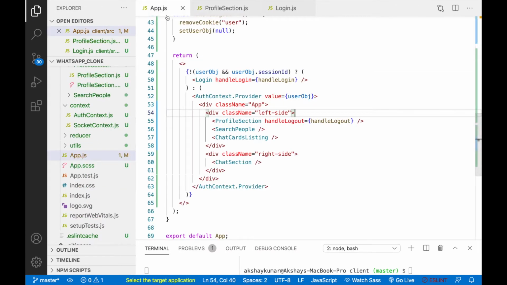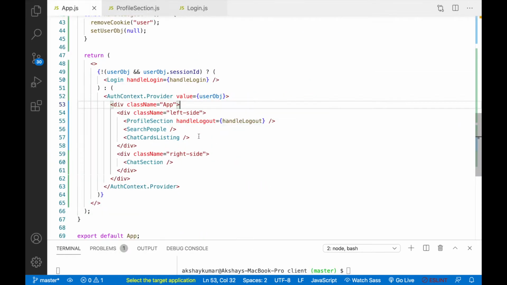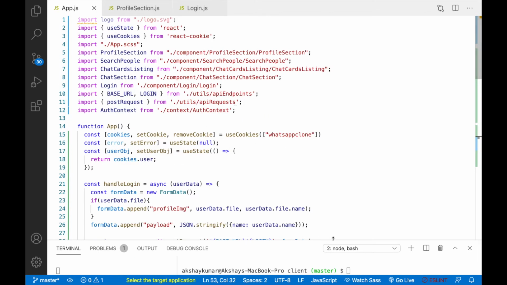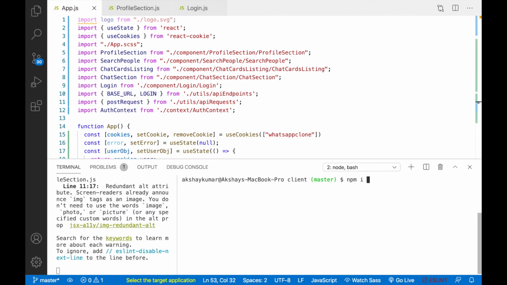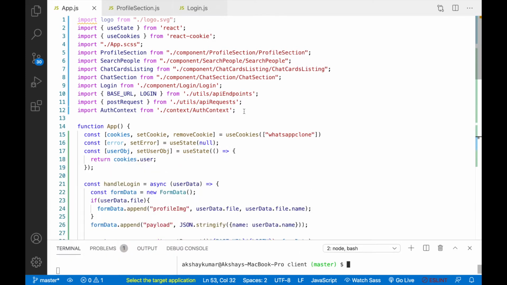So coming back to app.js, I think now it's time to set up our socket in the front end. First I will install socket.io-client with npm i socket.io-client --save. Okay, it's done. Now here we have to import this.